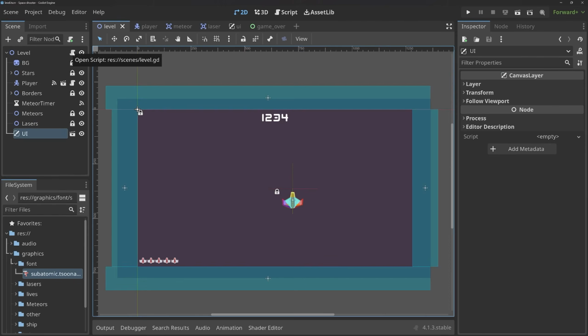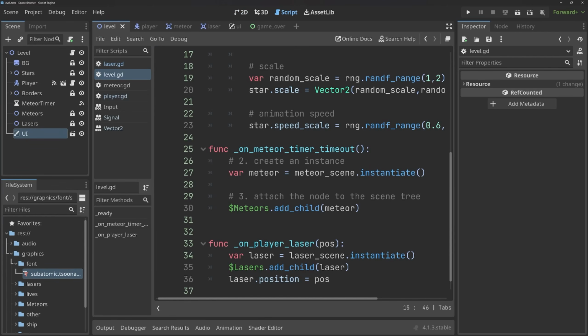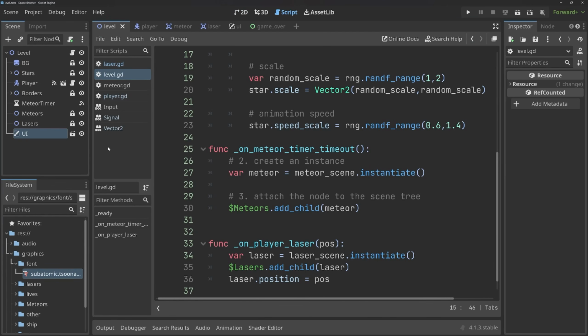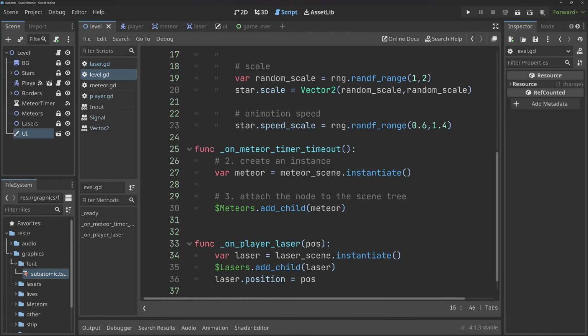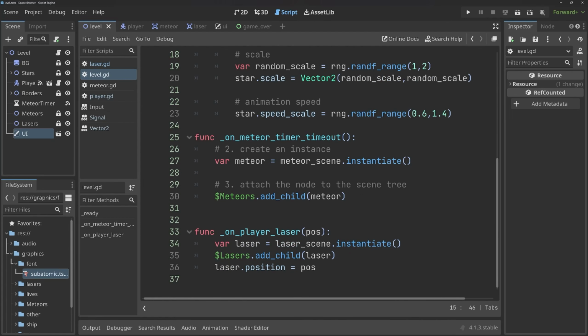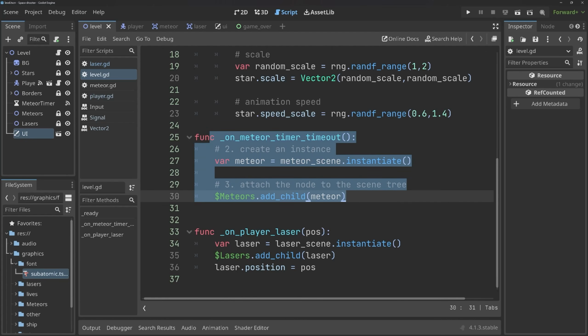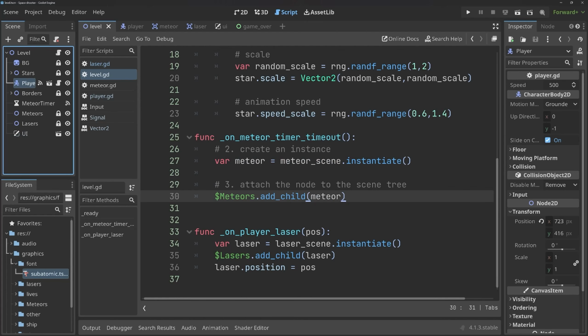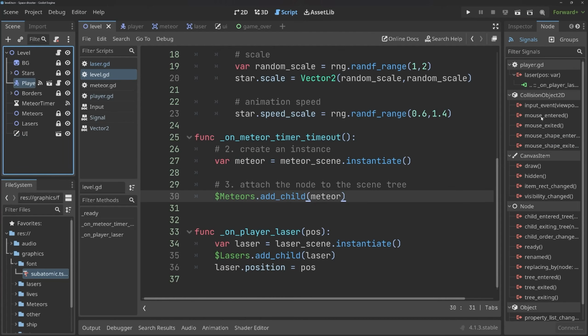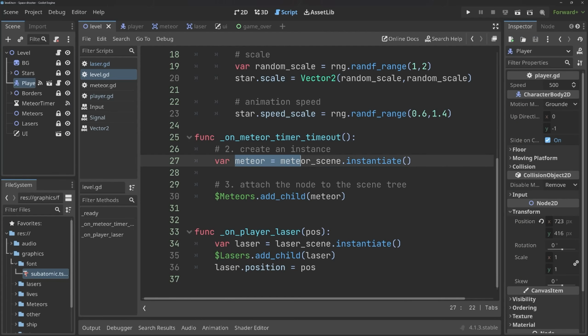For that, instead, I want to work in the level script. And then give me a bit more space. To make all of this work, I want to have some method to check the collision between a meteor and the player. That is already the first problem, because at the moment, when we are creating a meteor, we have a meteor. But so far, every time we added a signal, we did it manually via the inspector. So for example, for the player, here you could select all of the signals. But that we cannot do for the meteors because they are created in code